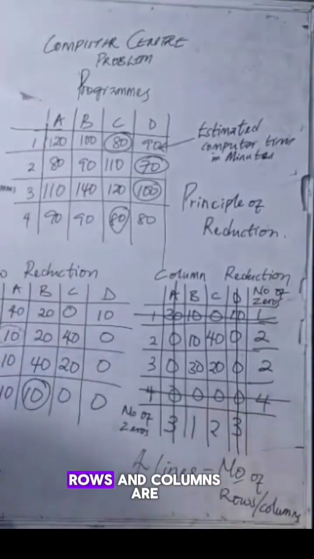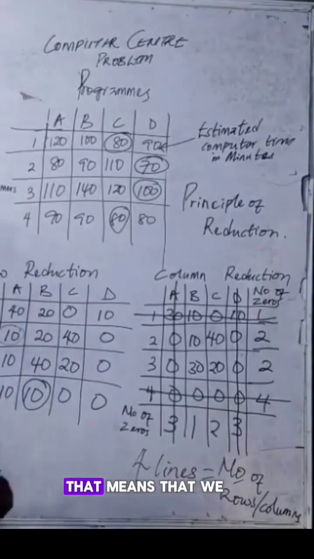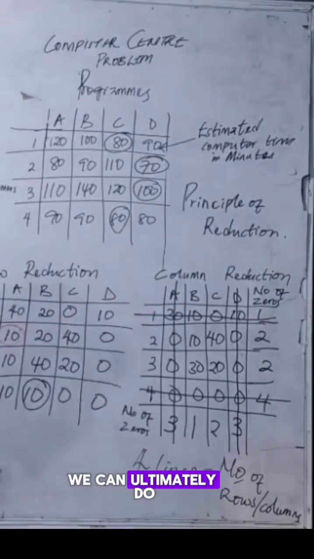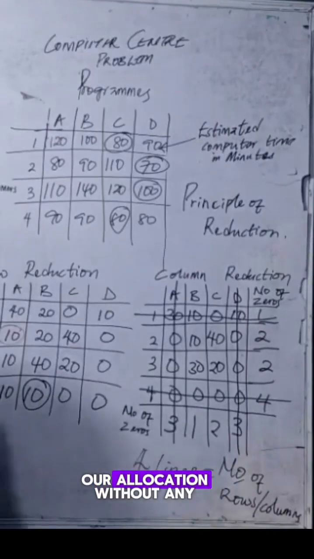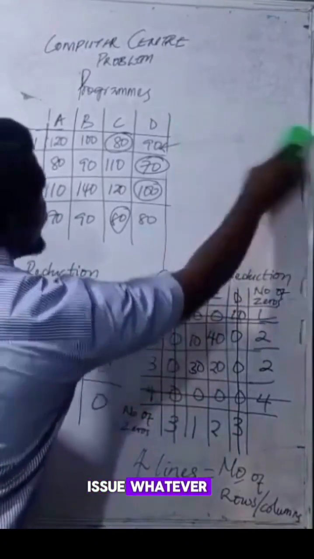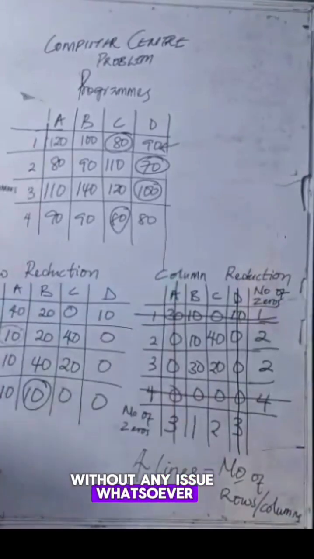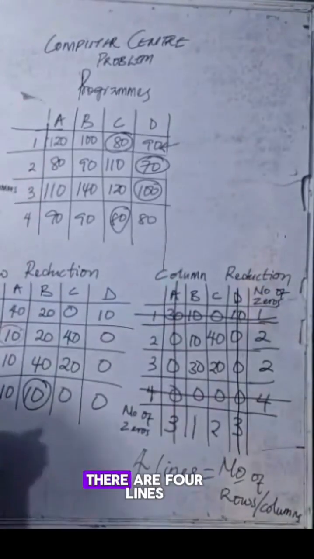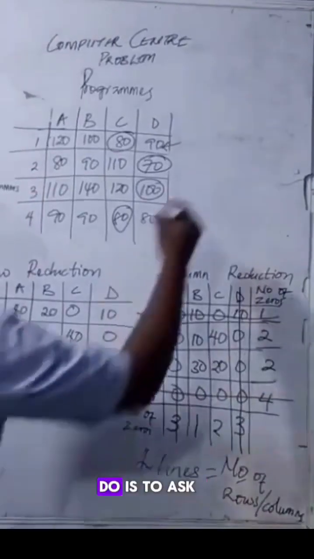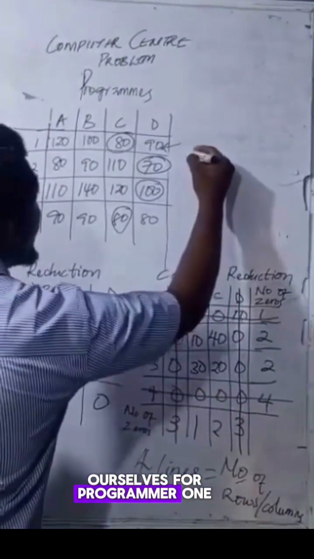Since our number of rows and columns are 4 and we have 4 lines, that means that we can ultimately do our allocation without any issue whatsoever. So what do we need to do? Since there are 4 lines that tally with the number of rows and columns, all we need to do is to ask ourselves, for programmer 1,